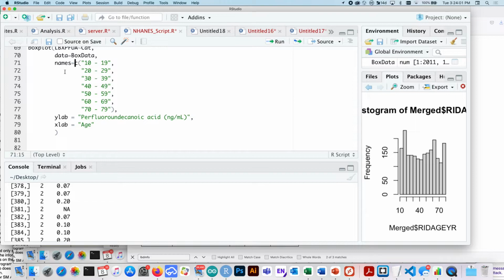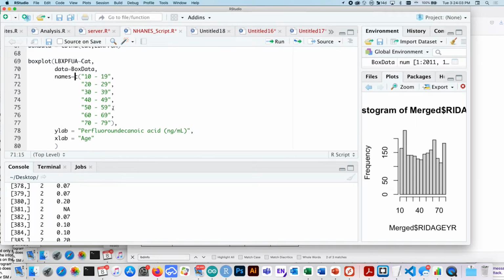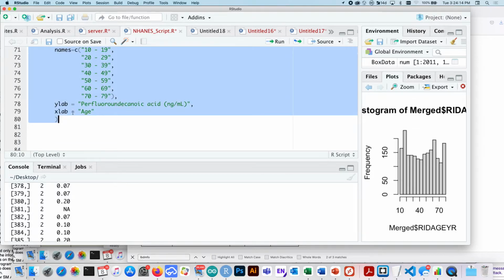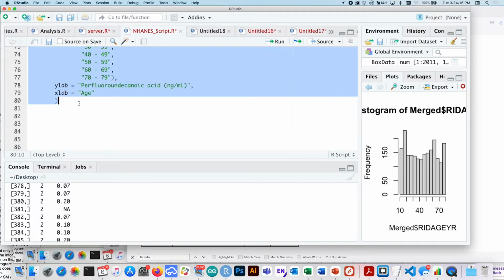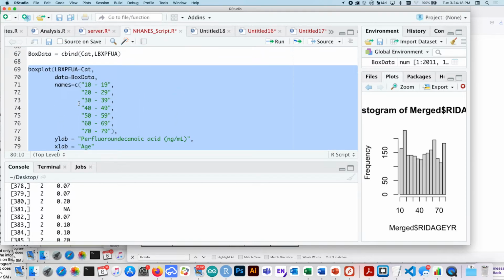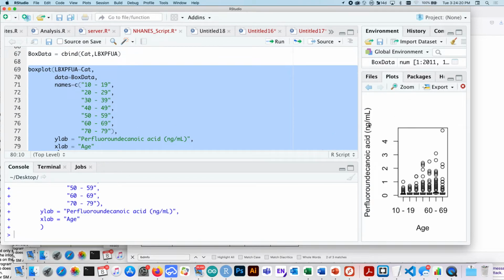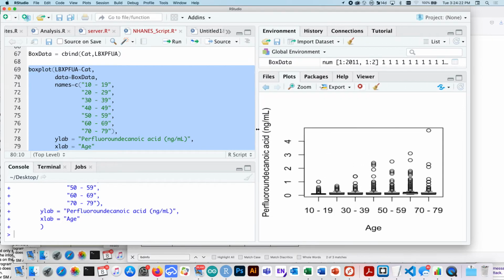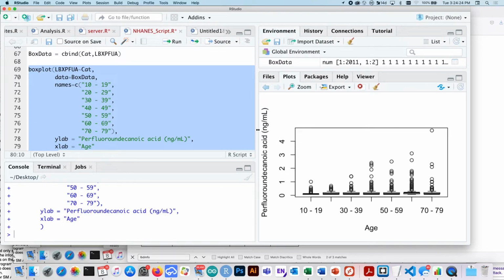With the names argument in box plot, I can label it with the names. I can give the y-axis a label and the x-axis a label. And run all of this, so I have to highlight all of this and then run it. And here is now my plot